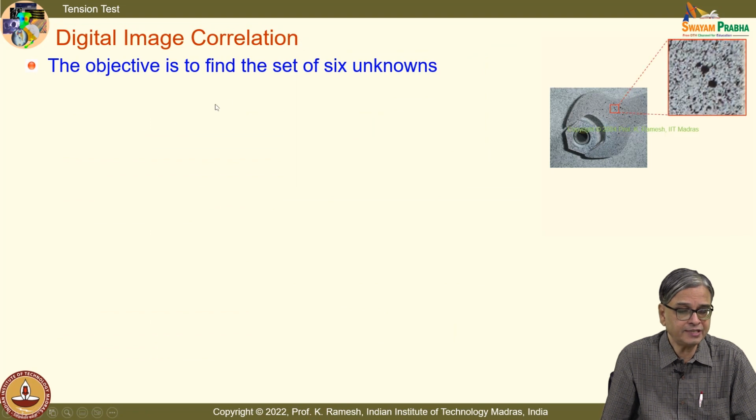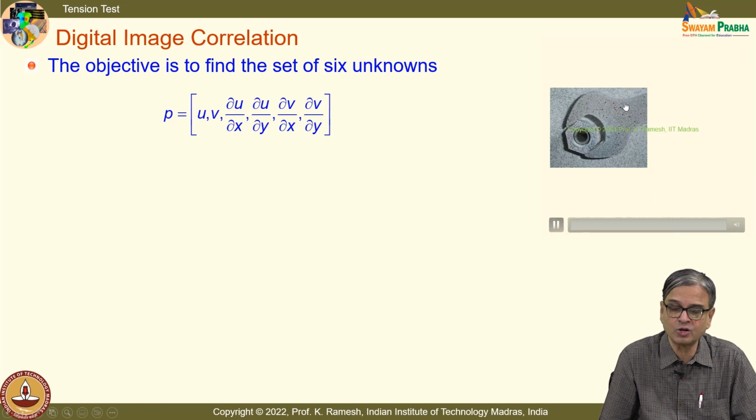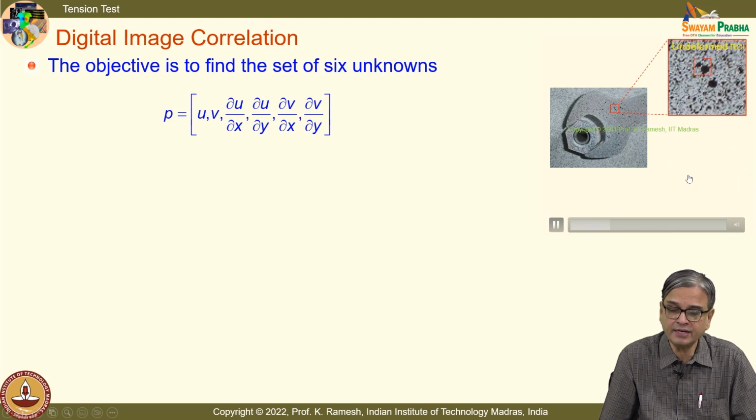And the objective is to find the set of 6 unknowns. I have already listed them earlier. So, I call that as unknown P. When I say P, I have 6 unknowns listed here: u, v, dou u by dou x, dou u by dou y, dou v by dou x, and dou v by dou y. So, what I do is I have a small subset, and then this subset is moved on the deformed